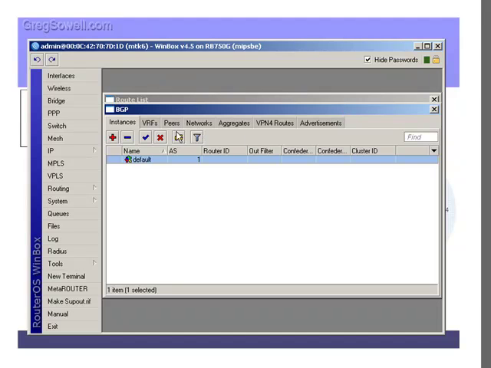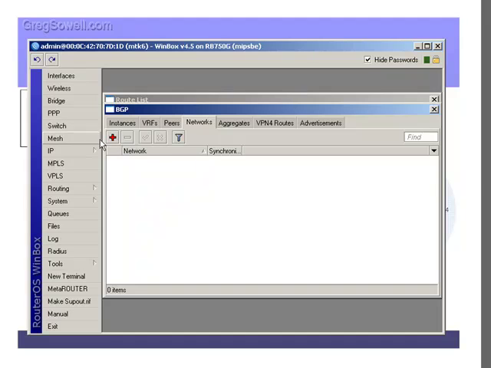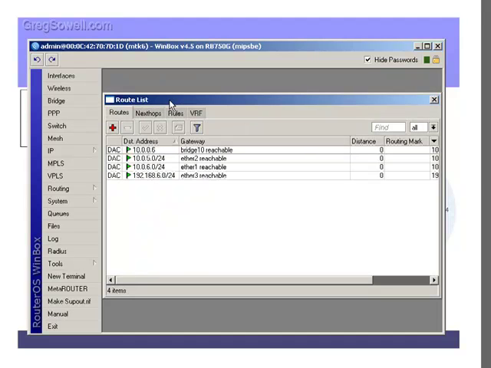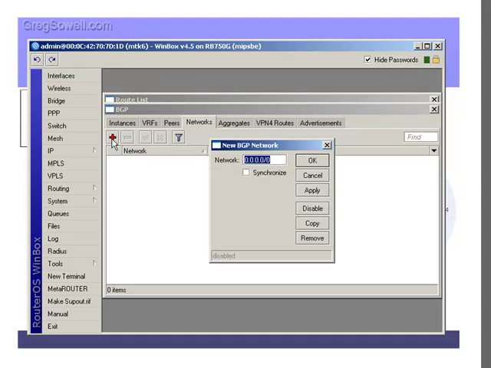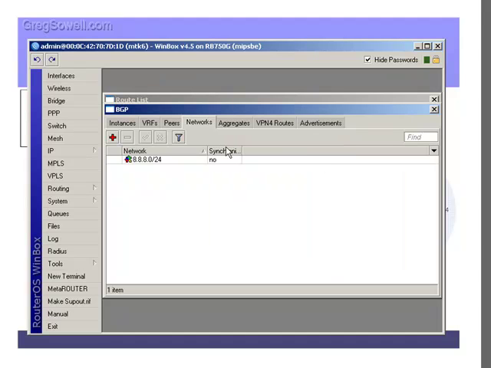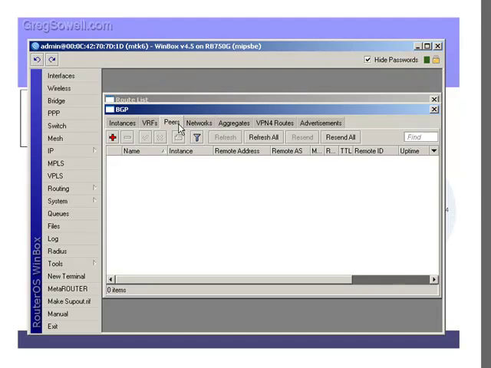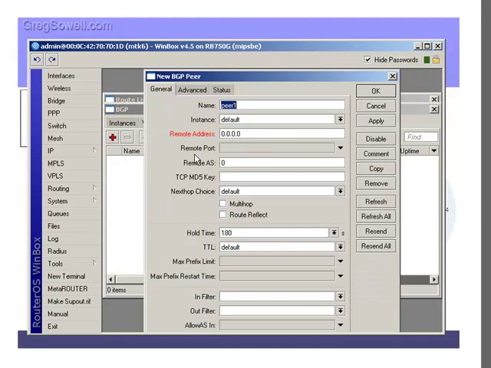Let me look at my route table, to see if I added a static for that. No, I didn't. So I'm going to go to routing, BGP. Like I said, I'm sending the full internet route table, but really all I'm going to do is add 8.8.8.0/24 in here. I'm going to say don't bother synchronizing. And then I'm going to add my peer. I'm going to call this one MTK1. Remember, I'm an ISP instance. I'll leave it default. Remote address is 1.1.1.1